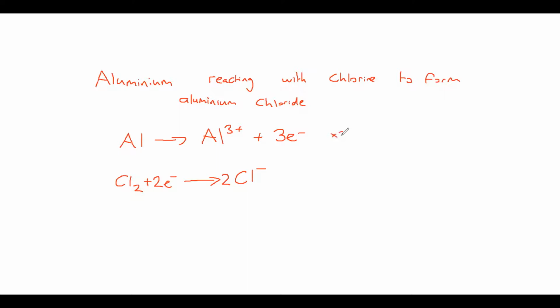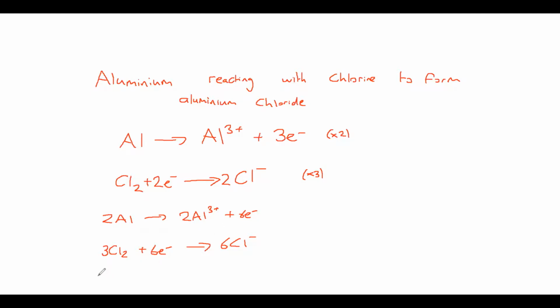So we have to times our aluminium equation by 2 and times our chlorine equation by 3. This will give us 2Al going to 2Al3+ plus 6 electrons. We will then have 3Cl2 plus 6 electrons going to 6Cl-. So now you can see that our electrons balance out. All we need to do now is combine our reactants, combine our products, and cancel out our electrons to get